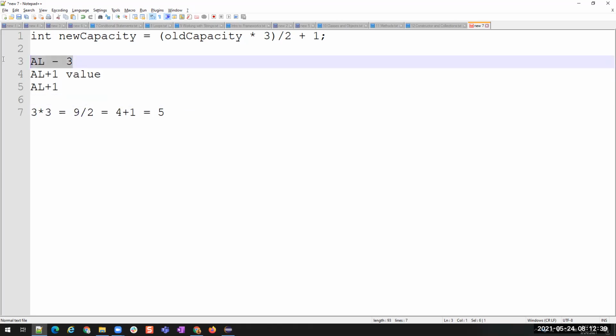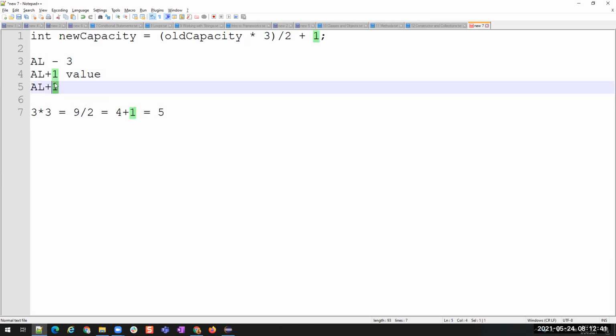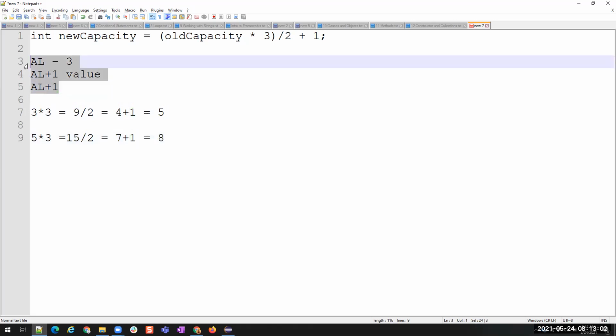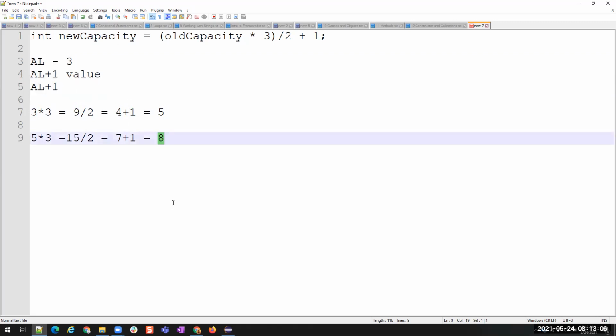Now already 3 were there, and this is the 4th and 5th. Now we have already reached the top position. So what is it going to do? Old capacity into 3, it is going to increase the size dynamically now. 5 into 3 is 15, by 2 is equal to 7, and then plus 1, so it is equal to 8. So now when you have these 5 values, the size of the ArrayList, or the size of the collection, will become 8 automatically.